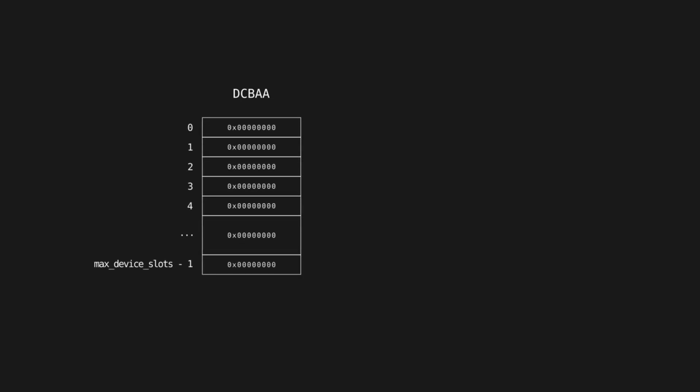The device context base address array is nothing more than just that, a block of memory treated as an array where each element is an 8-byte or a 64-bit integer value representing a physical address. Whenever a new connection is established with a USB device, in order to set it up, you would have to allocate a data structure called a device context. You don't need to know the details of the device context structure yet, but just know that it is used when setting up communication with connected devices, and is a place for the xHCI controller to store various hardware information